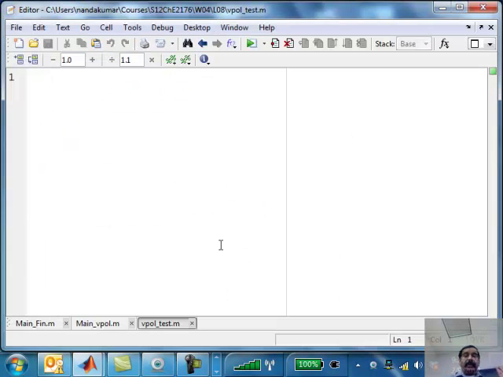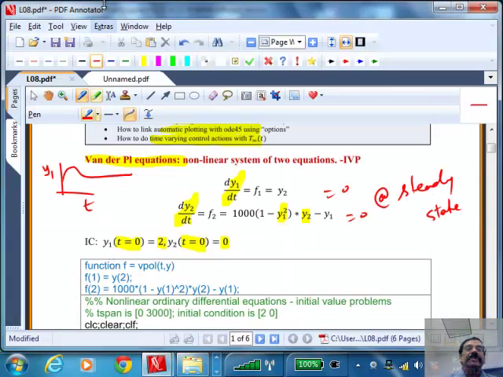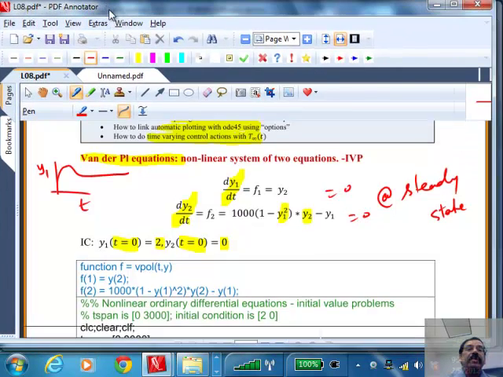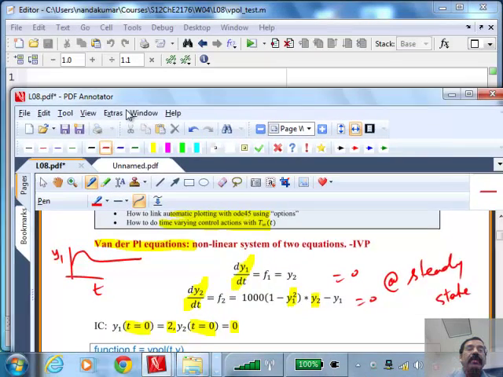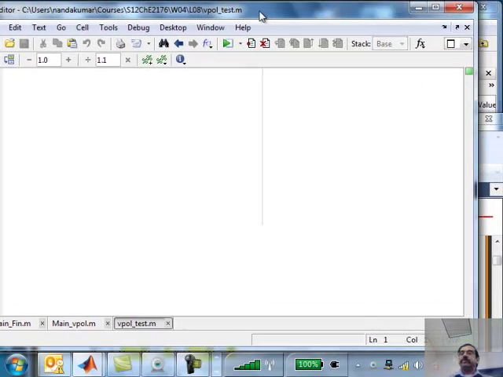Okay, now remember I need to switch between these two functions that I need to see. So I'm going to position it so that I can access both. So what would I start with?